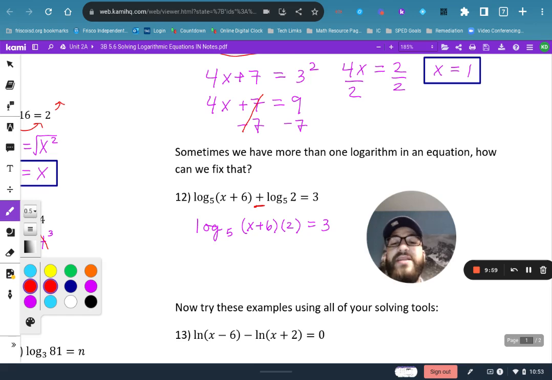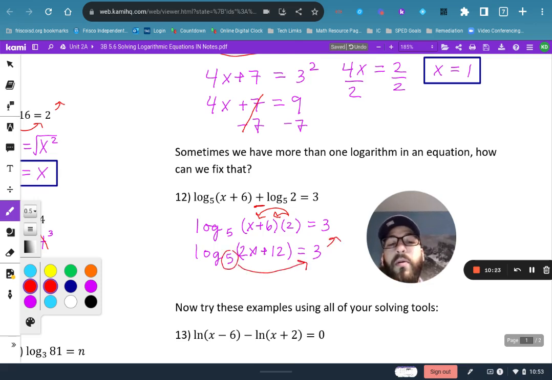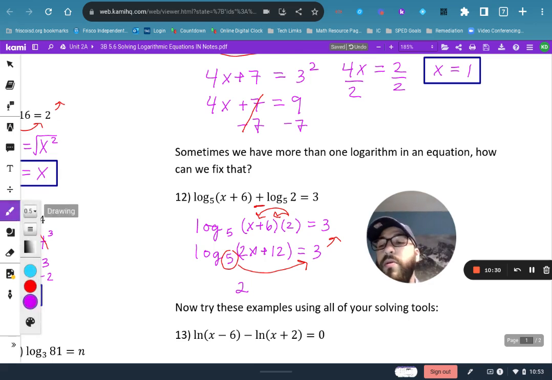I'm going to simplify this inside just a little bit before I do my hook method. So this would be equal to log base 5 of 2x plus 12, and that's, of course, equal to 3. And now I can do my hook method to get rid of my logarithm. So this would be 2x plus 12